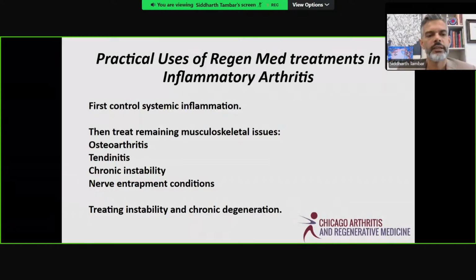The reason being because of that chronic inflammation, you start to develop some damage in the joints, the ligaments, and the tendons. And even after the inflammation has come down, those structures are still a bit weakened and more prone to more damage, which is why you see patients who have chronic inflammatory arthritis have chronic degenerative arthritis as well. So in that case, even though you've treated the chronic inflammation, the chronic instability and degenerative issues are still active, and those can respond very well to regenerative medicine, and I would recommend that.